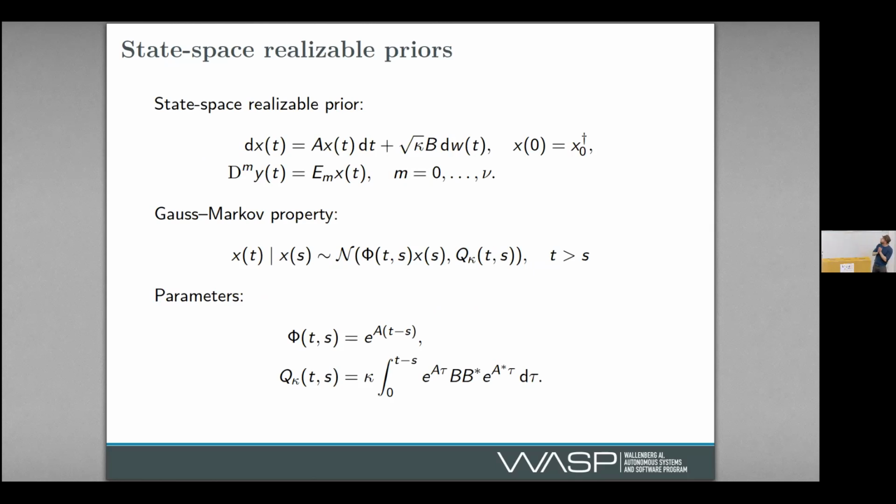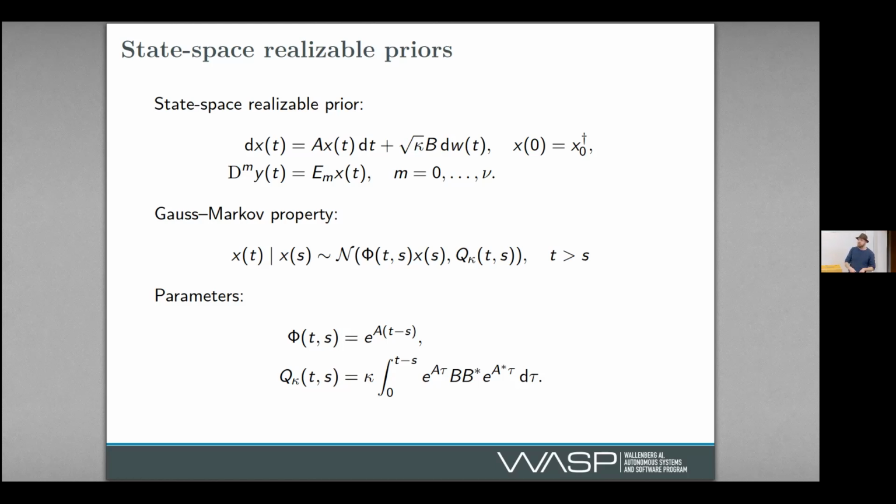And the way to do this cleverly is to just say, oh, my solution is some kind of output of a Gauss-Markov process, so we have some latent X there, which is also a linear stochastic differential equation, and then we can project the state with some projection matrices E_m to get the derivatives of our model for the solution. And so this has the Gauss-Markov property, which means that,